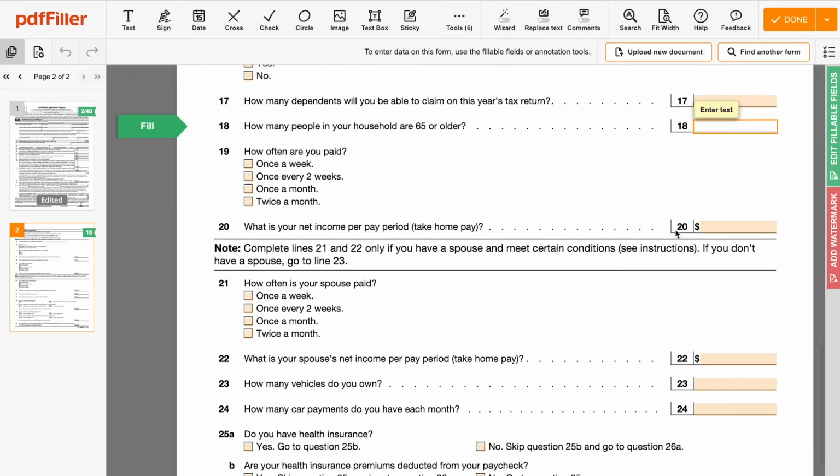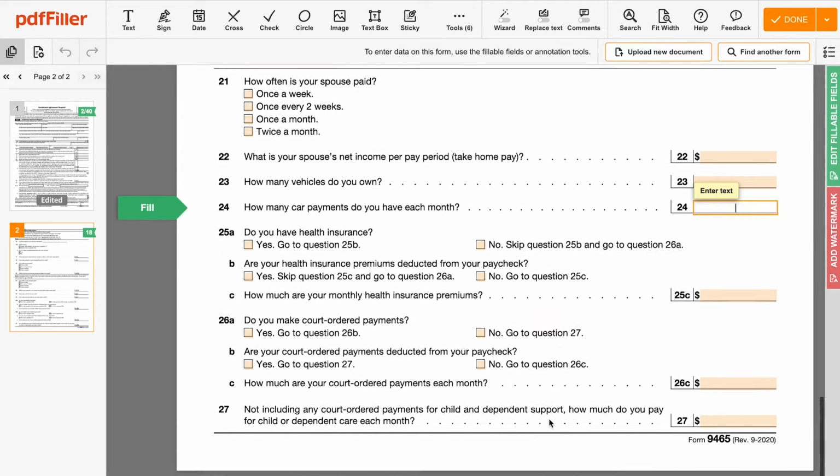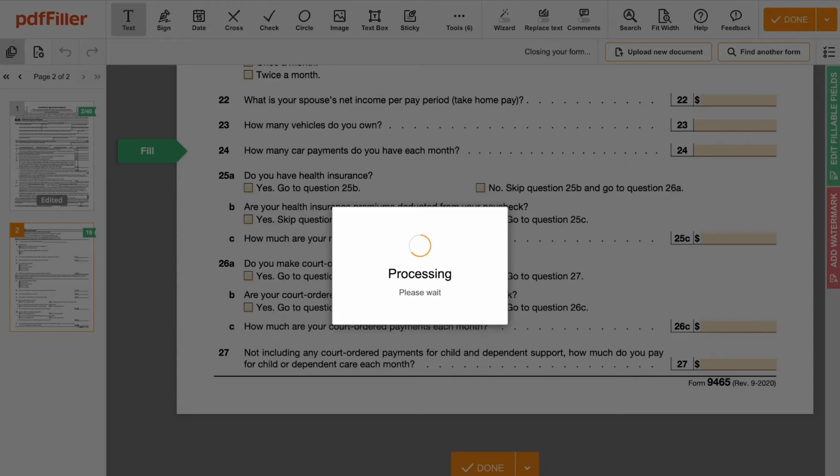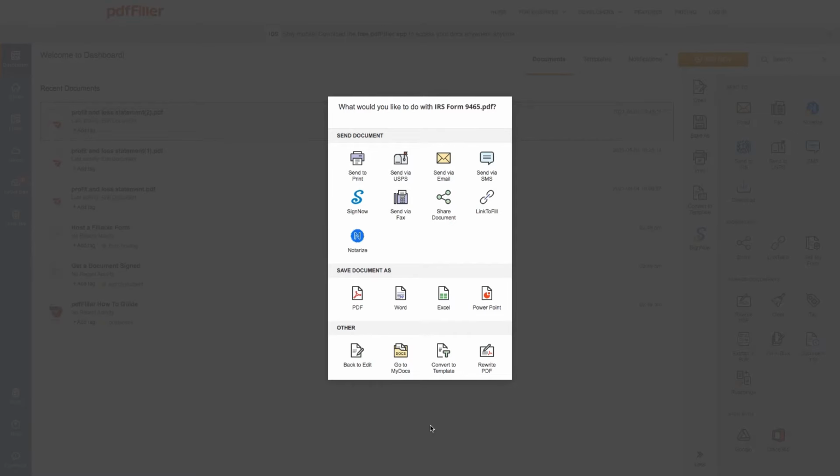Once every field has been completed and checked off, date and sign your IRS Form 9465 directly in the pdfFiller editor. Then, click Done to save the changes you've made. Choose what you would like to do with your document next. Print out the completed document, share it with anybody via email, fax, SMS, USPS, or shareable link, or send it out for signature, save it to your device, convert it to a template, or continue editing your